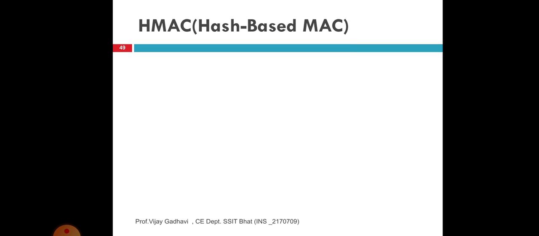The cryptographic strength of HMAC depends upon the cryptographic strength of the underlying hash function. Cryptographic strength, that means strong cryptography, is a term generally applied to cryptographic systems or components that are considered highly resistant to cryptanalysis. It also depends on the size of its hash output and the size and quality of the keys. HMAC uses two passes of hash computation.